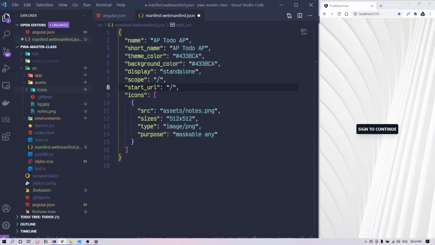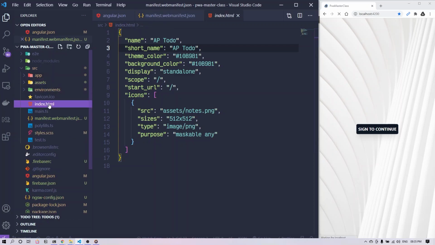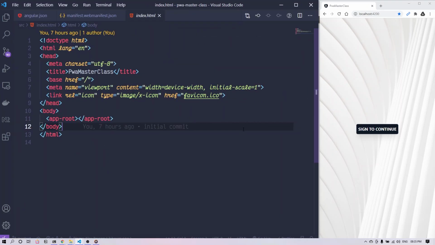But first, we'll change the scope and start URL from // to just /. I will copy and paste this code, it is basically a green color. Now with that done, we'll delete the icon folder and go to the main